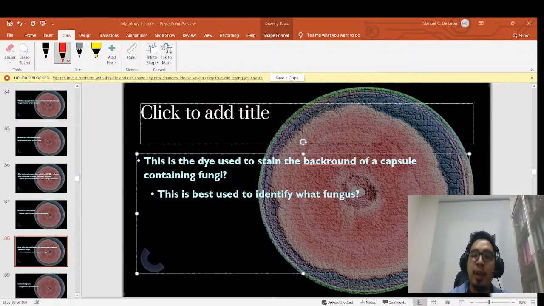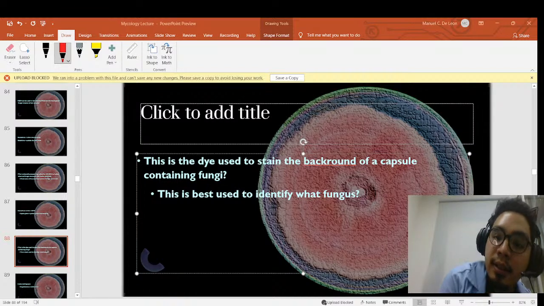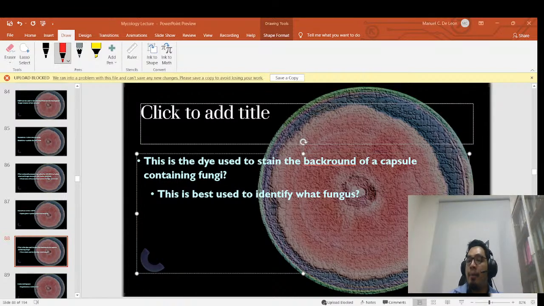Quick question from analysis of urine and body fluids: what is the appearance of Cryptococcus neoformans when stained by a gram stain? This might be a recall question. What's the appearance, guys? You can search Google. I'll give you 10 seconds because you have the power of Google in the palm of your hands. 5, 4, 3, 2, 1. No answer? Nobody raised their hands?